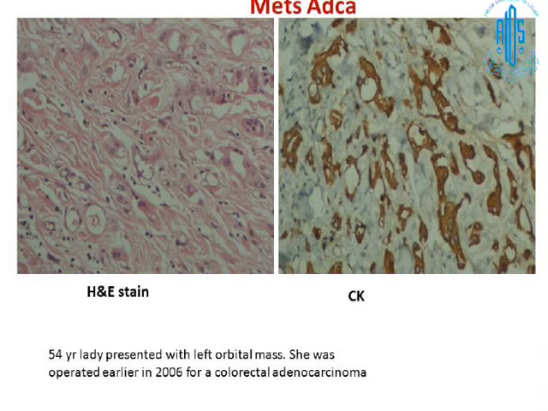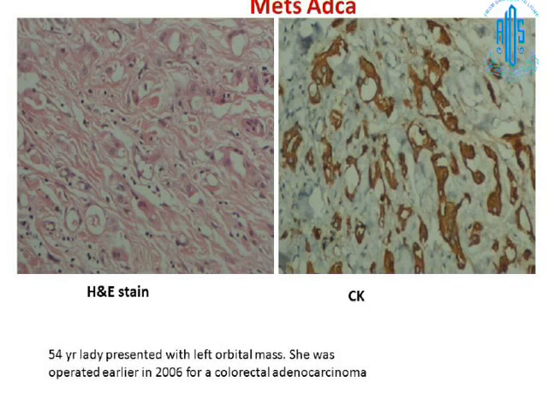And this is the last case, a 54-year-old lady who presented with an orbital mass. And this is the H&E picture, which shows tumor arranged in the form of glands. As you can see over here, some of them have prominent nucleoli. This was positive for cytokeratin, which stained the glandular structures, and we found out that she was operated earlier in 2006 for a colorectal adenocarcinoma. So this was